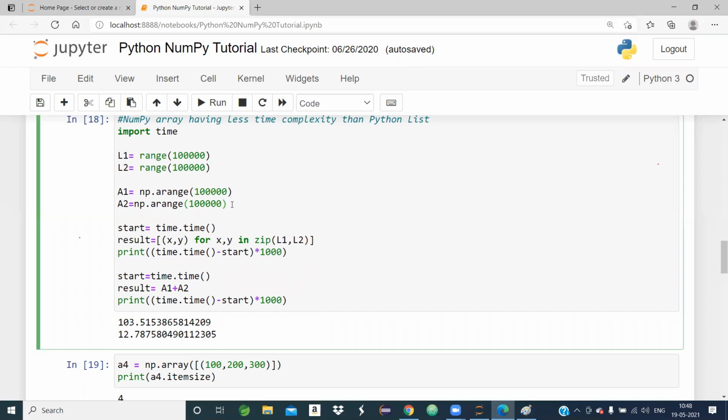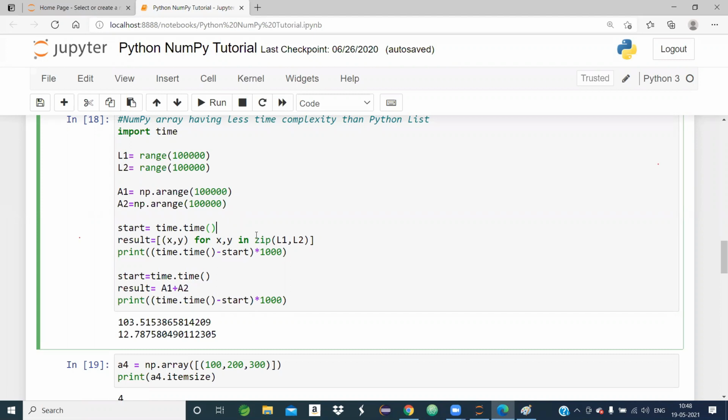Before performing the addition operation, I evaluated the current time. To find the time now, I use the time.time function. Let the time value be assigned to a variable; let the variable name be stat. So before performing the addition operation, I found the time with time.time, and whatever time I got, I assigned to the variable stat. Now I will add